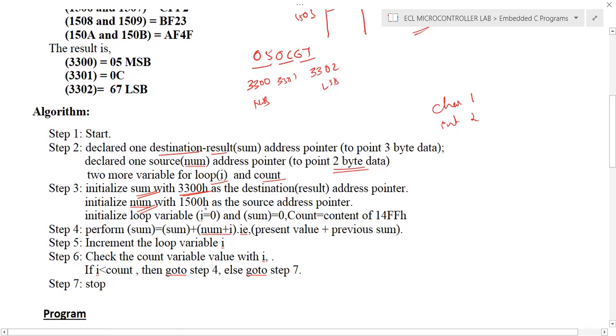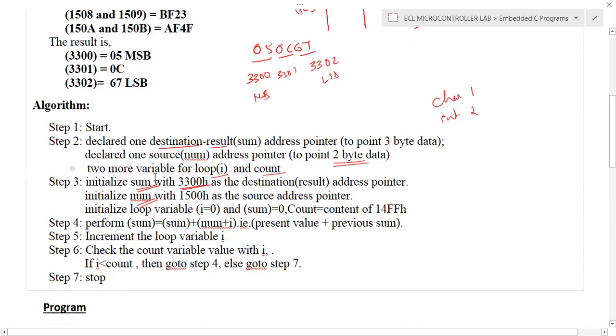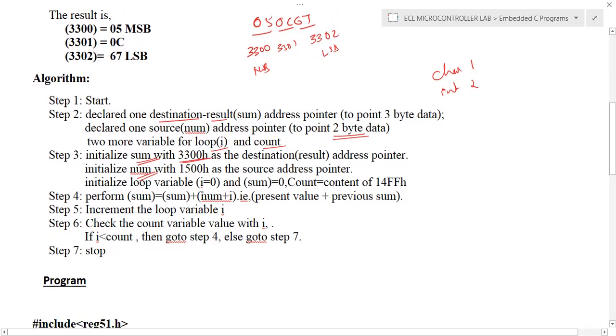So we can initialize these address pointers. After that, you can initialize the loop variable I equal to 0 in this particular case, and some registers or memory locations by 0, 0. So 3 locations we will make 0.